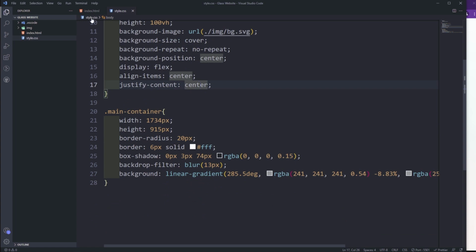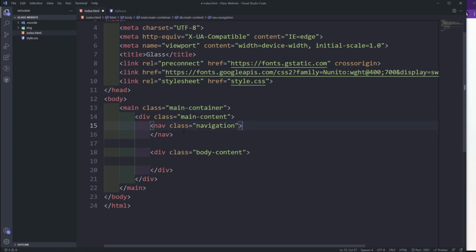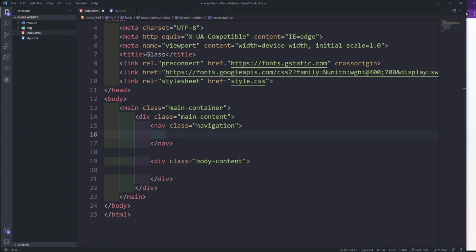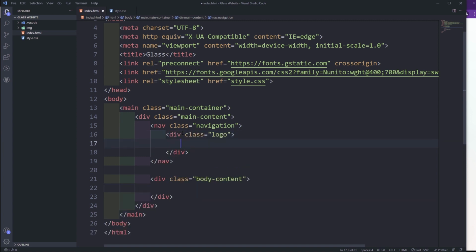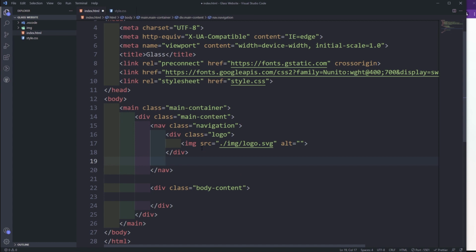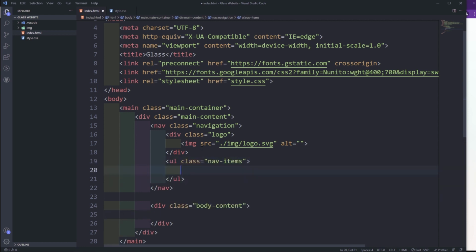Let's work on putting the navigation content, because so far there's nothing in our navigation. Okay, so I'm going to have a logo. So the image, there's going to be an image for the logo. So it's inside img logo. So after the logo, we're going to have ul.nav items. So this is going to contain our nav items, and then